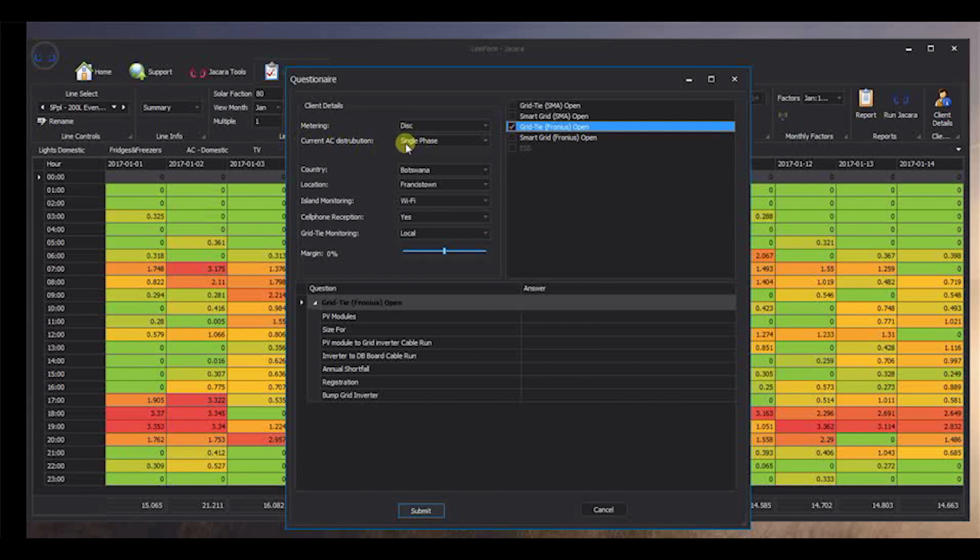The second thing you've got to do is select your current AC distribution: single phase, three phase, or unbalanced three phase. Single phase is relatively simple. You're going to get one grid tie inverter. Three phase, you're going to get a three phase grid tie inverter, but you're going to get the number of inverters that you require. Or if you select unbalanced three phase, you will get three single phase inverters for a